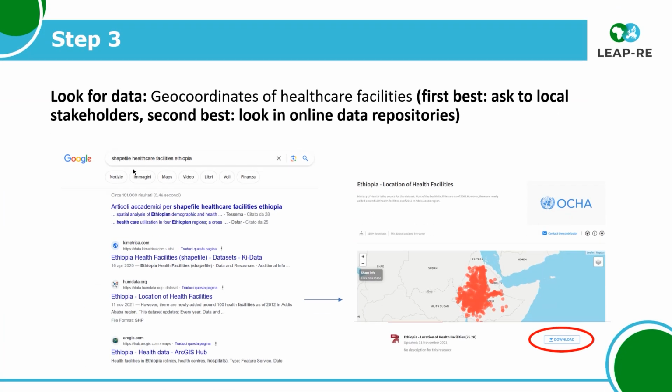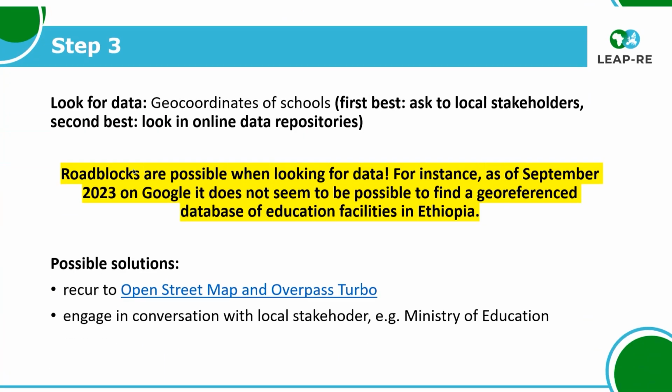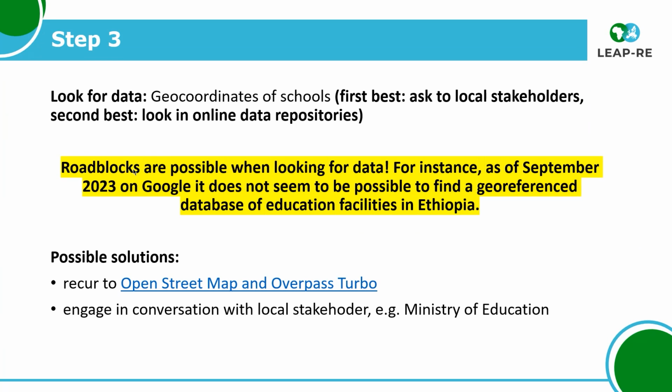In terms of additional data that you need to find for the country, it's the geo-coordinates of healthcare facilities, which can be found in many cases online by reliable sources, but maybe the very first best is to always ask local stakeholders, such as local ministries of health or of education, and otherwise you can also look in online repositories. There is a growing availability of open data in this sense. The important thing is that these are geographically explicit coordinates of where a healthcare facility is, and basically the same goes for schools. There are many options, even when it's really difficult to find something, like